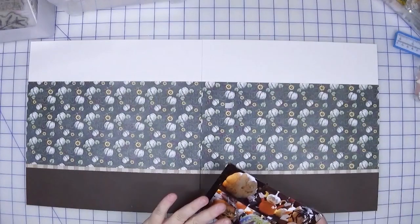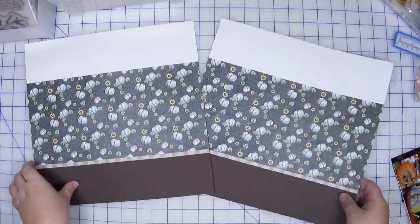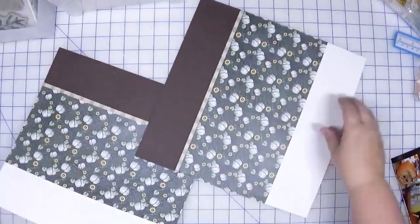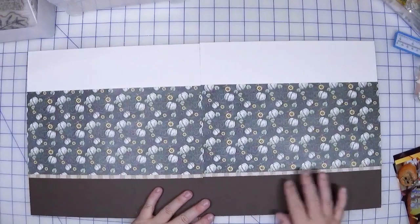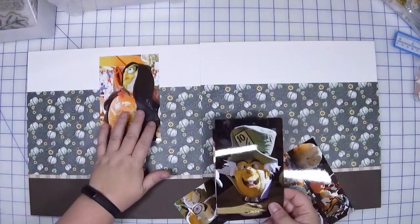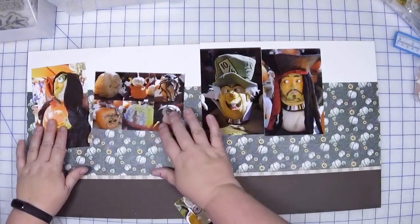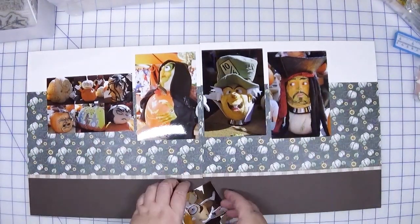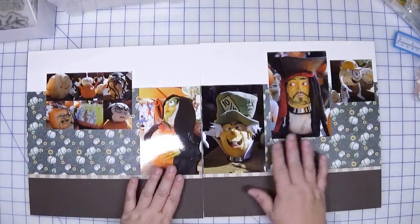So this is another layout that can go in any direction that you need it to go in. Obviously you can do the rotating like we've talked about before, right, to get different looks. You can have it going across the top, and there really is no limitation as to photo placement on this one at all. I've printed out a number of photos just to kind of show you some ideas as to what you can do. Move this around. We've got like, could do something like that. We can shift everything down,